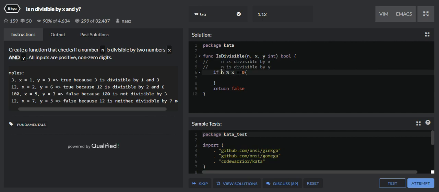So the first test case is checked, so I'll just delete that. And the second test case is n divisible by y. I will do the same thing for y as well: if the remainder of n divided by y is equal to 0, then I will return true.